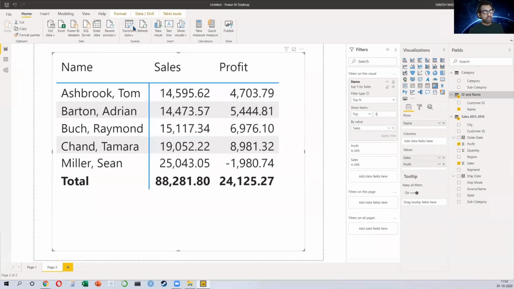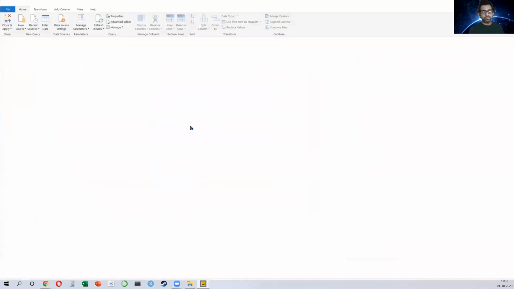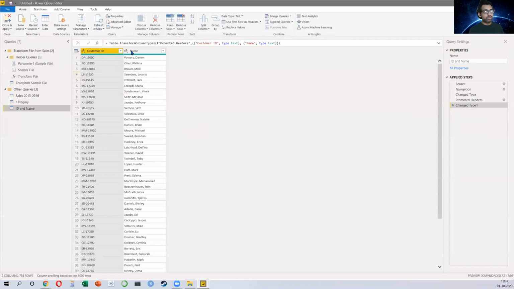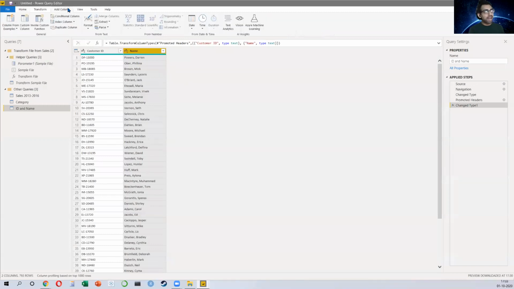So we go back to transform data, which is Power Query Editor. I hope by now you're getting the hang of it. And what do we do? We want to change the order, not Pass Darren, but Darren Pass. Watch very carefully. I just want the first name and the initial of the last name. That means Darren space P dot, Filina space O dot. Can you write formulas to do this? Yes. I can use left, right, mid, repeat, substitute, find, search, concatenate, text join, but I don't have to do any of that. Why? Because Power Query has machine learning in it. And let me show how that works. I'm going to select the column and I'm going to add a column.